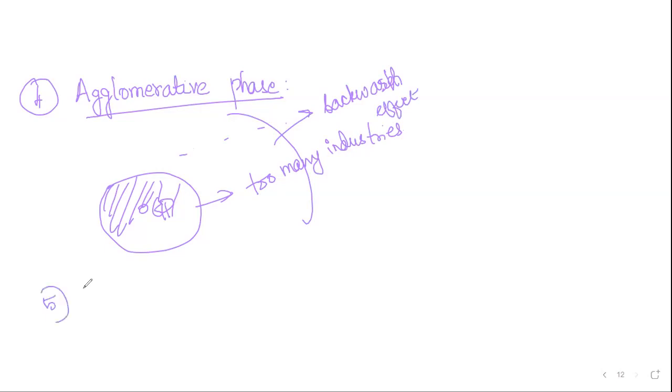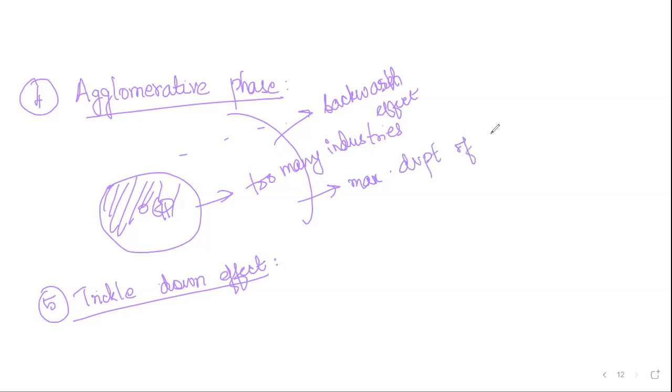Number 5 is the final one, which is the trickle down effect, or trickle down period or trickle down phase. This is the last phase of growth pole development. The maximum development of growth pole has been achieved in the agglomerative phase, and the trickle down phase is the last phase